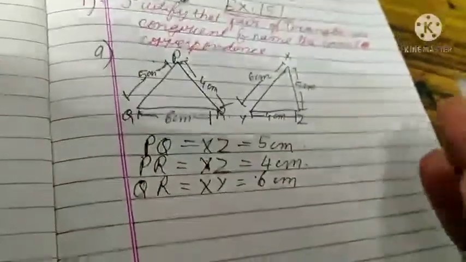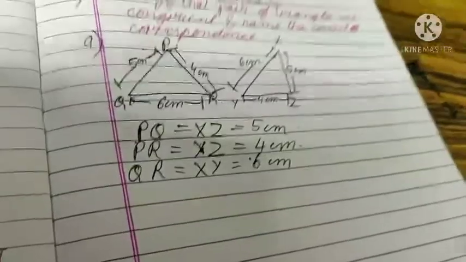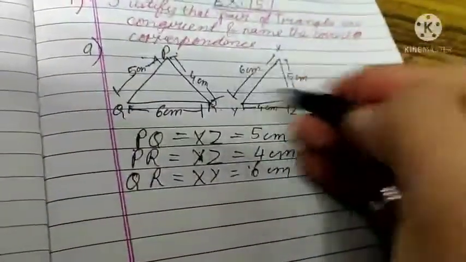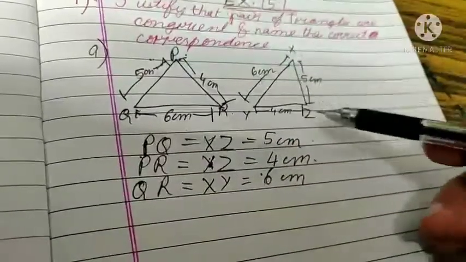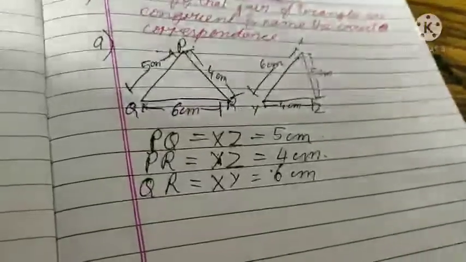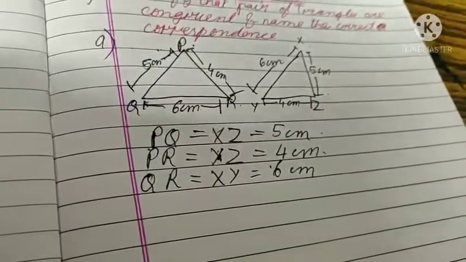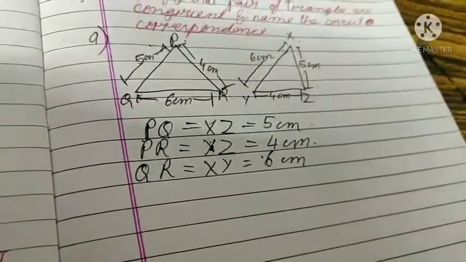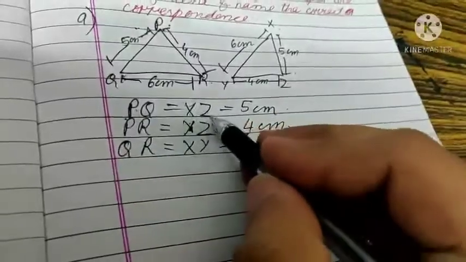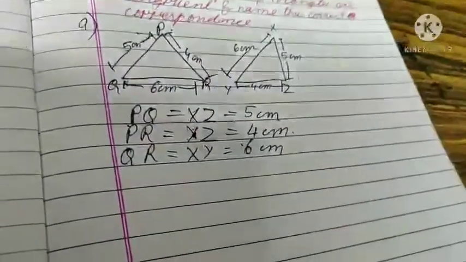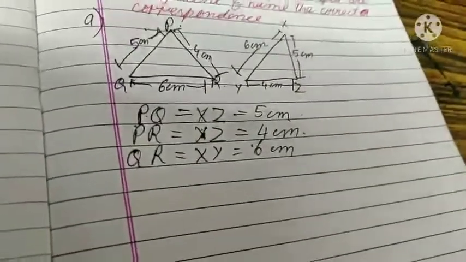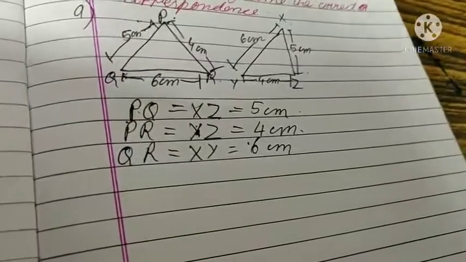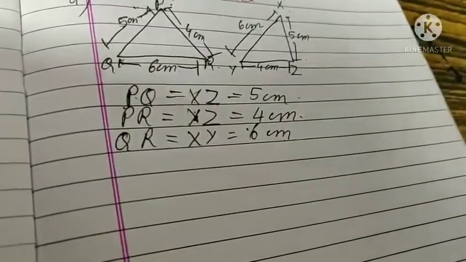So now we have to write the correct correspondence. What is correspondence? Is PQR equal to XYZ, or PQR equal to XZY, or PQR equal to YXZ, what order is equal to what order. We just need the correct order of the triangle, because order matters a lot. I will let you know how. Look here, PQ is equal to XZ. Okay, so we will take it by the superposition method. In the superposition method, you take all the corners of a triangle. You have to tell which corner of a triangle is equal to which corner of the other triangle.